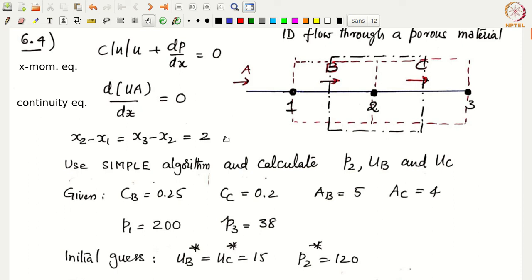Alright, what about the momentum equation? This is the pressure gradient term. What kind of term do you call C mod u? Would this be a convection term? No, it's not a convection term, because if it were, you would also have a nabla operator, some del dot operating on this thing, which is not available. So this is not convection.